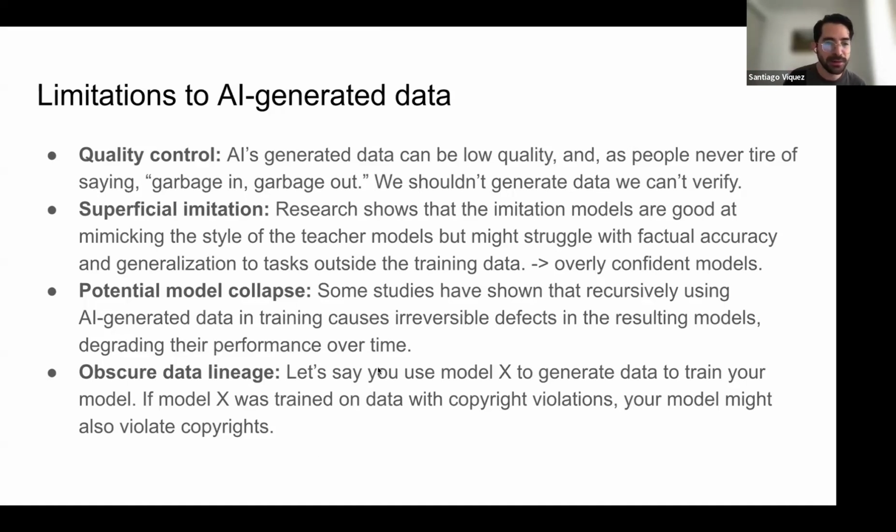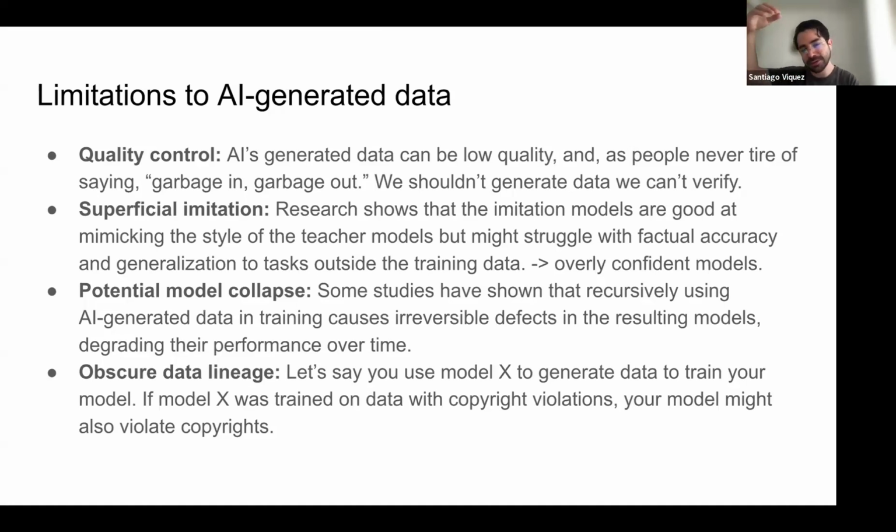And there's also a big concern about data lineage. Let's say we use a big model, an X model, to generate training data. If this bigger model was trained on data that had copyright violations, then your smaller model, the student model, might also violate copyrights, even if the data that you gather complies with copyright rules.